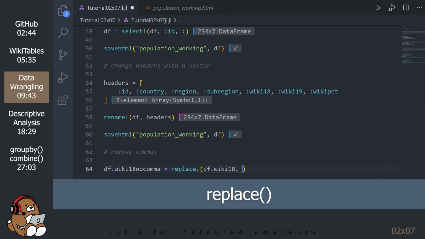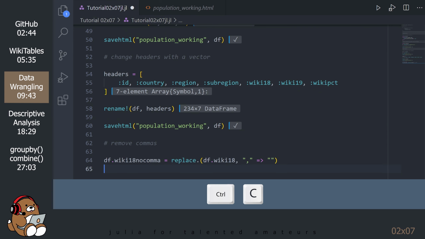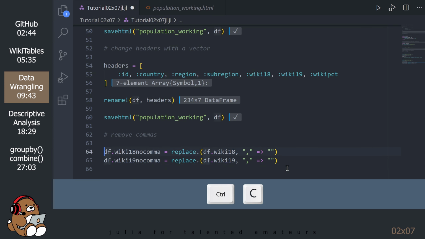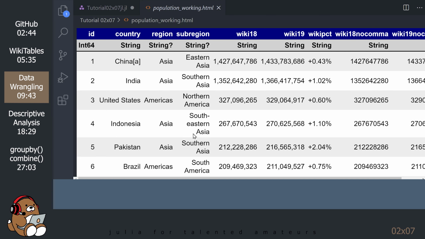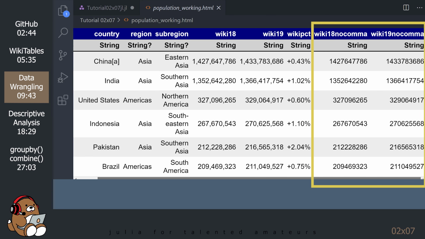The replace function is from base Julia, and it works the same way in a data frame. Click on the Population Working HTML tab and notice there are two new columns containing the population figures without the commas.